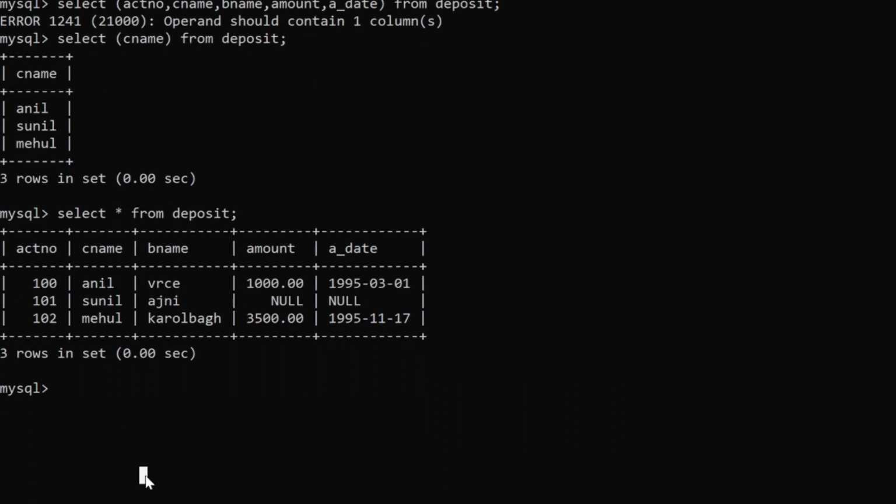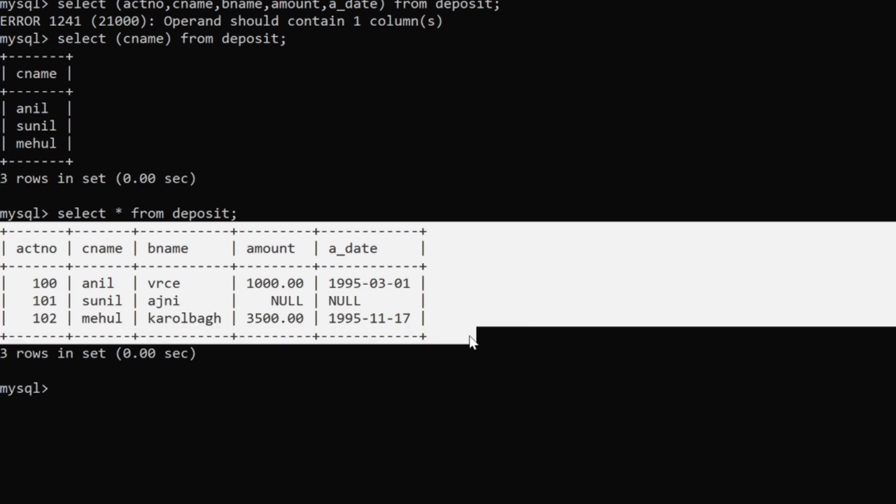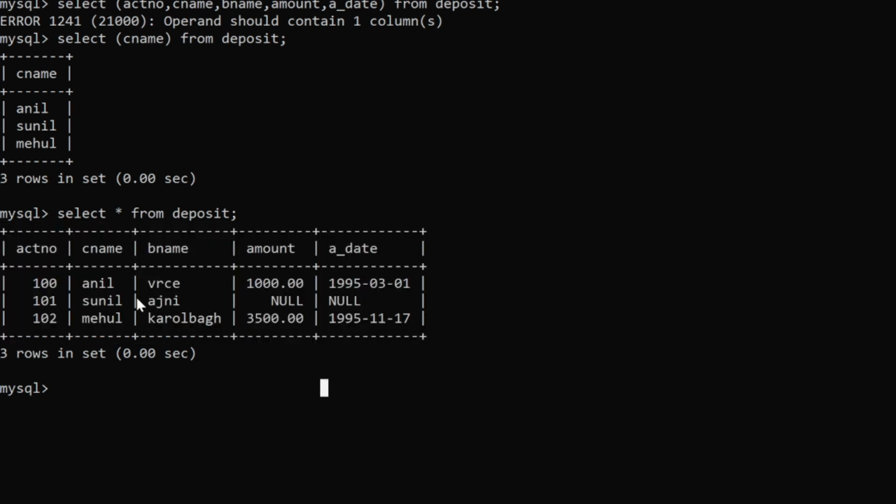By writing this syntax, you will get all the information or all the data which is inserted in this particular table. Here you can see the information which we have inserted right now, and we have not inserted the amount value, so by default it is giving us null. Here for account and A date it is shown as null. So this is all about the insert and select command.